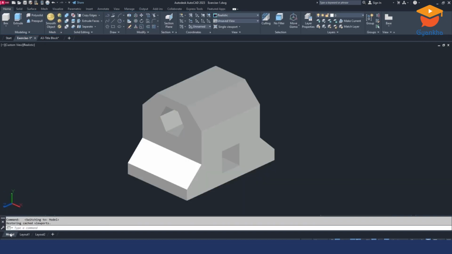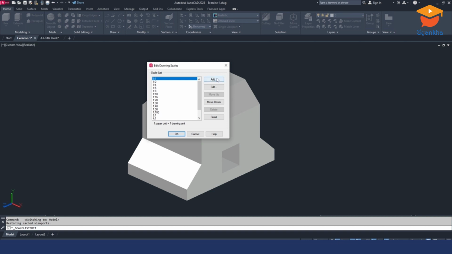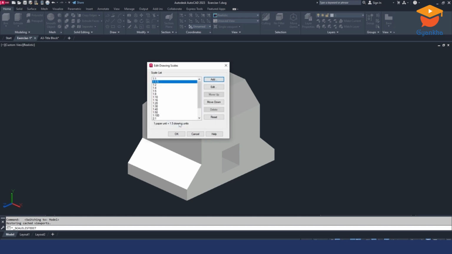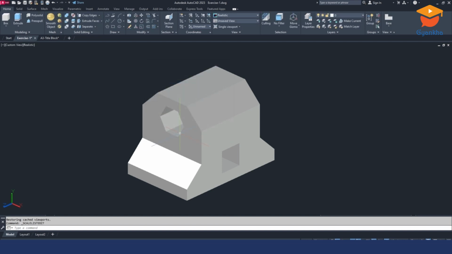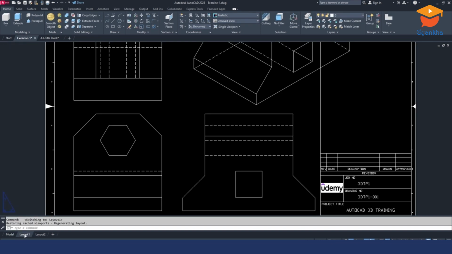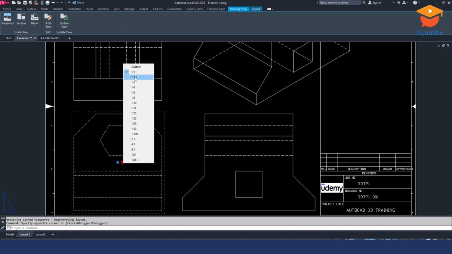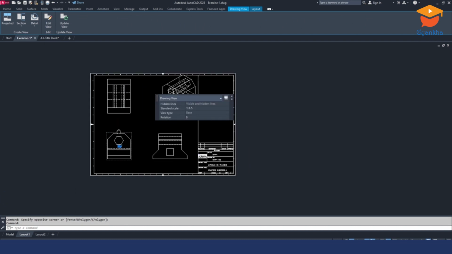Go to the model tab. Click here, this drop down. Select here custom. Make it here, add 1:1.5. Paper unit, just keep as it is, 1. Drawing unit, I just make here 1.5. Then click OK and click OK again. Go to the layout. Select this one. Click this grip. Select this one, 1:1.5. Now it is arranged